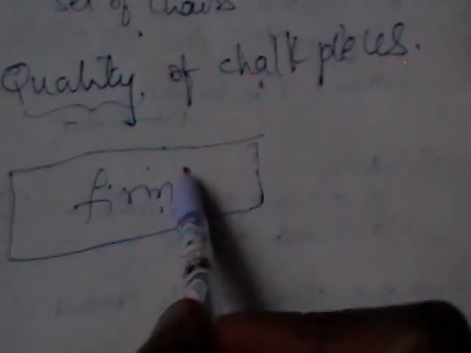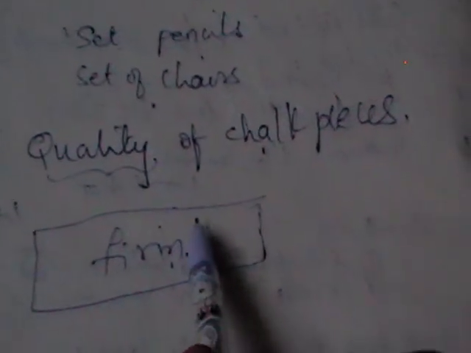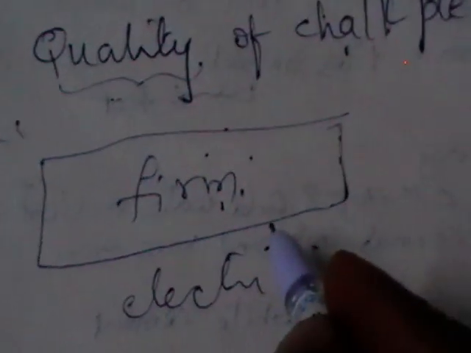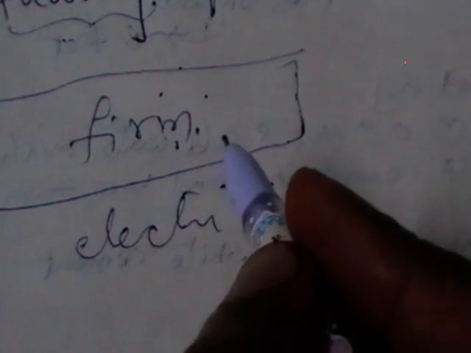Similarly, if you want to test the quality of electric bulbs before buying or before using the electric lights or electric bulbs, we want to test or check the quality of those. What is the population there? The collection of entire electric lights will be the population. Means in general, in majority cases, not only the animates but also depending upon our study, the inanimates are going to be the population sometimes.